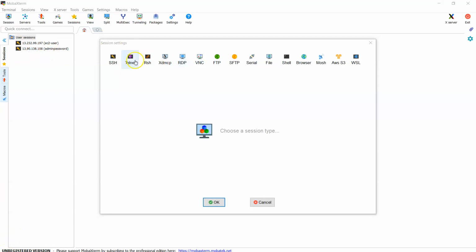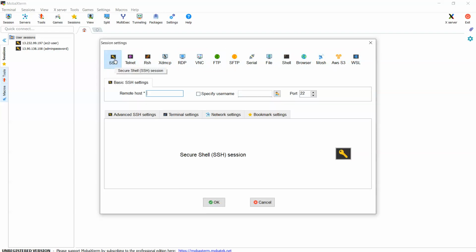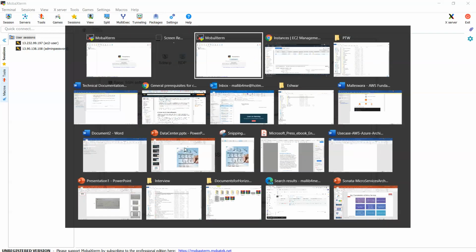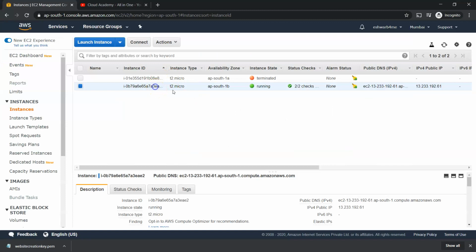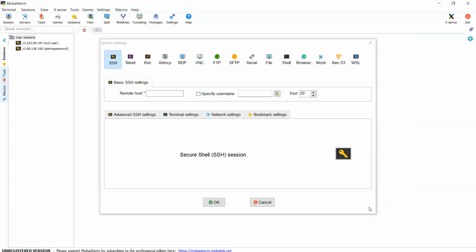You have plenty of different options here, but I'm going to select SSH because I have enabled SSH during my EC2 creation, if you remember. So you can specify your remote host. That means you need to take the IP from your EC2 instance. Just select that, and here is your public IP. Just copy that and then